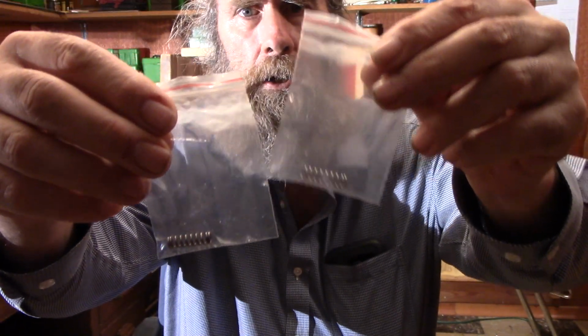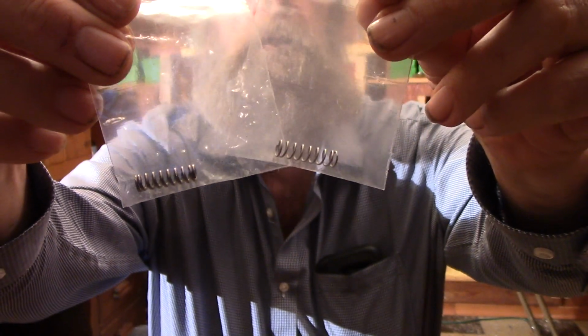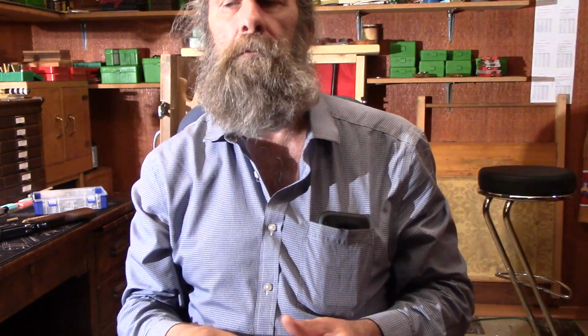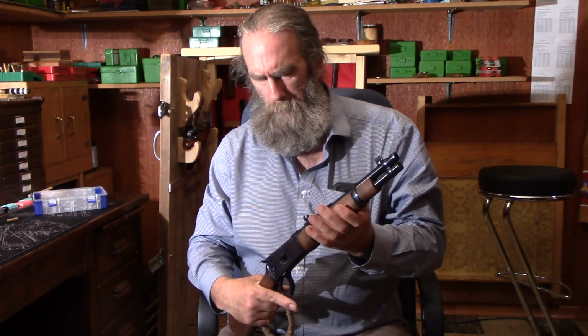Now, the skinny one here, you can see that. The skinny one on the one side is 0.025 in diameter, the thickness of the wire, and the other one is twice as thick at 0.050. So the spring I put in this rifle is almost exactly half the strength, and putting that in there has